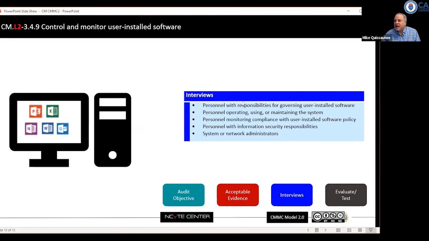Interviews. So again, the personnel that are responsible for governing user installed software, the personnel operating, using, or maintaining the system, personnel monitoring compliance with the user installed software policy, and then personnel with information security responsibilities and our system or network administrator. So again, those people will always be busy on an auditing